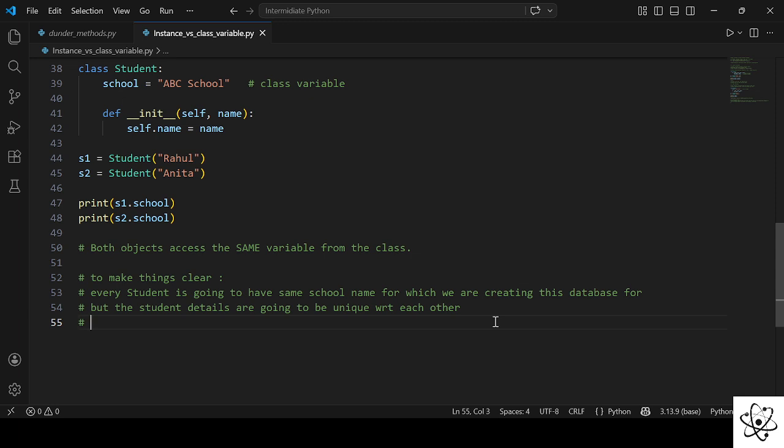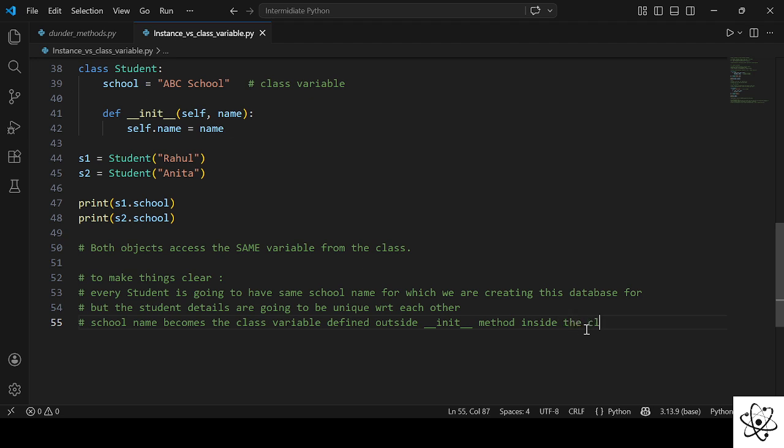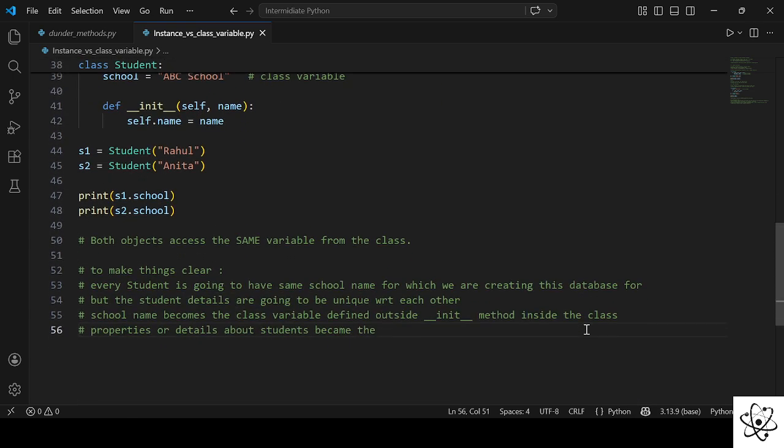So now to conclude this, the school name becomes the class variable defined outside the init method, inside the class, and the properties or details about students become the instance variables,